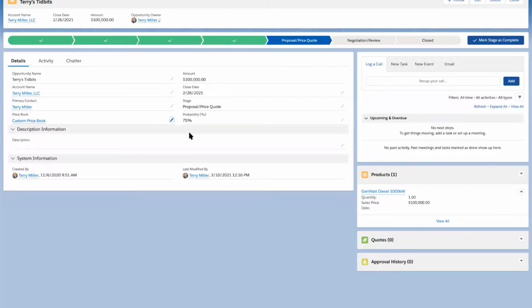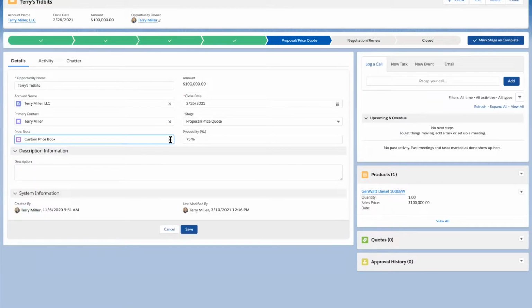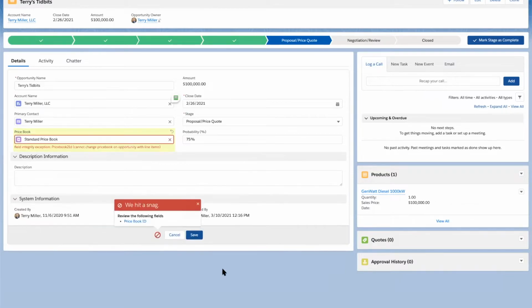All right, I'm going to share my screen one more time before we go to the next presentation, because I was playing around with the deleting or the changing of the price book that has line items. So I've got an opportunity record here. I've got my price book listed here, and I've got a product on it. And if I try to change that, we'll go from, oh shoot, I forgot what it was. I think it was custom. I'll go to standard and hit save. I actually am getting an error message that is not letting me make the change. And I find that interesting.